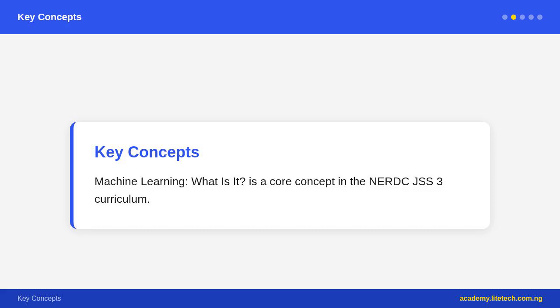Types of machine learning. 1. Supervised learning. The model is trained on labeled data, data where the correct answer, the label, is already known. Example, training an email spam filter using emails labeled spam or not spam. The model learns to predict the label for new, unlabeled emails.